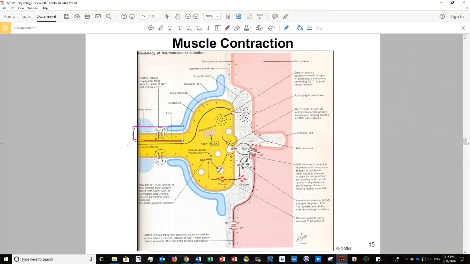Now it's supposed to be negative. Remember, a negative charge inside compared to a positive charge outside. But you can see, at least in that portion of the synapse, it's reversed because the electric signal is here and it's activated. So once that signal is sort of a wave, moves down here, kind of like a ripple moving through the neuron's membrane, once it reaches here, it opens up some